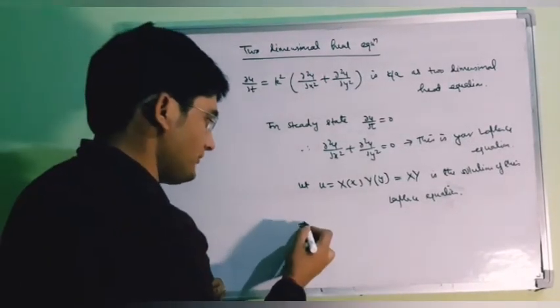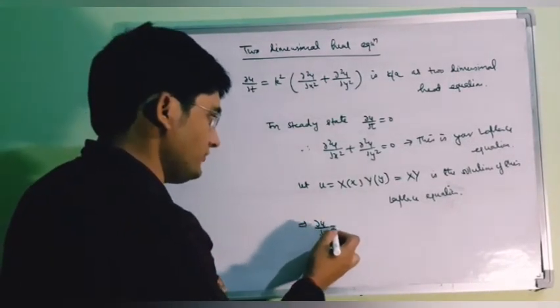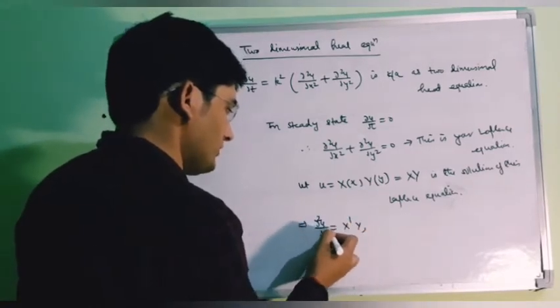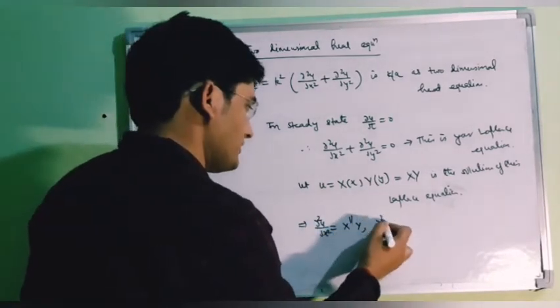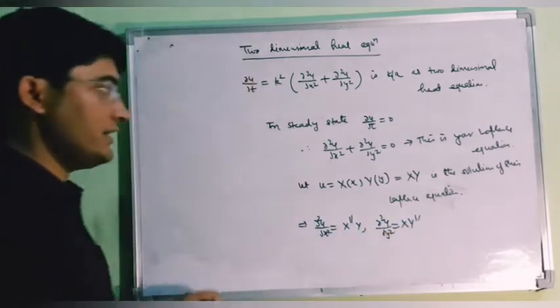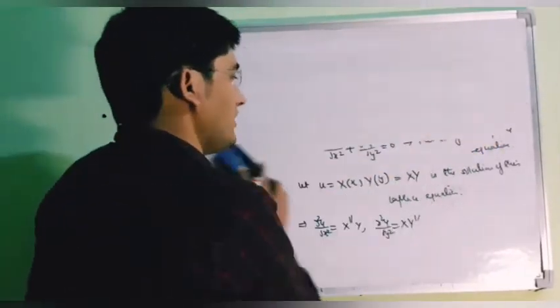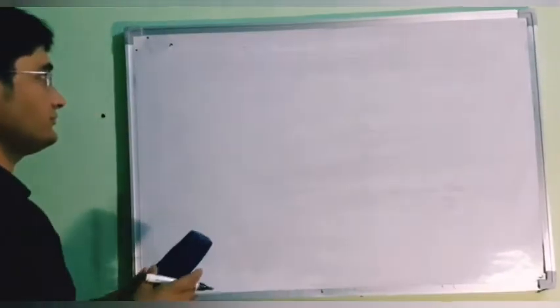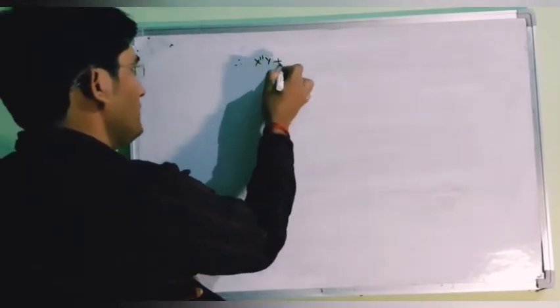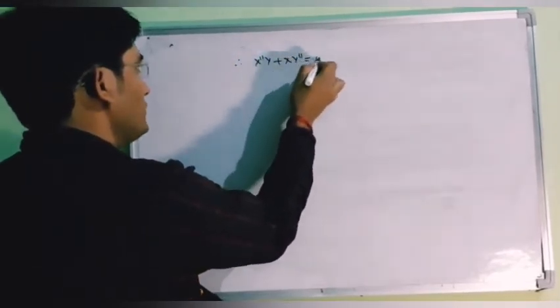So we have ∂u/∂x equal to X'Y, and ∂²u/∂x² will be X''Y, and similarly ∂²u/∂y² will be XY''. So on putting these two values in our Laplace equation,